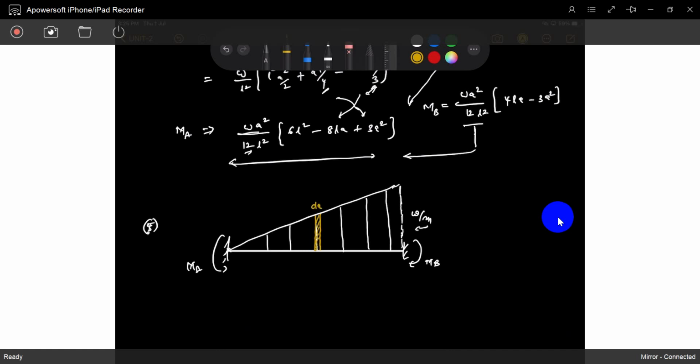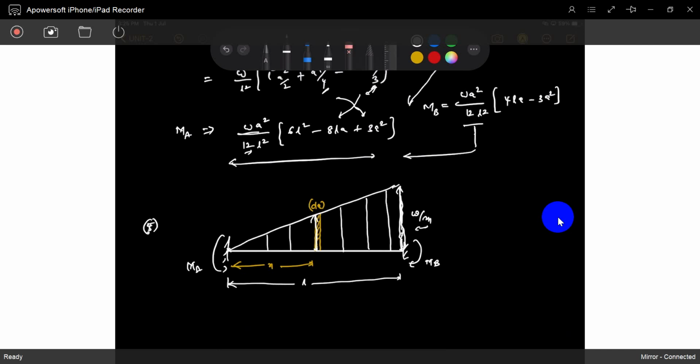It is dx. Take a point load at some distance x. It has a load of... so what is that load? Not W dx, because this value is not W. This value is W. I understood, it's a varying load. This value is what? I already said, for the total length L, from 0 to L, the load goes from 0 to W.